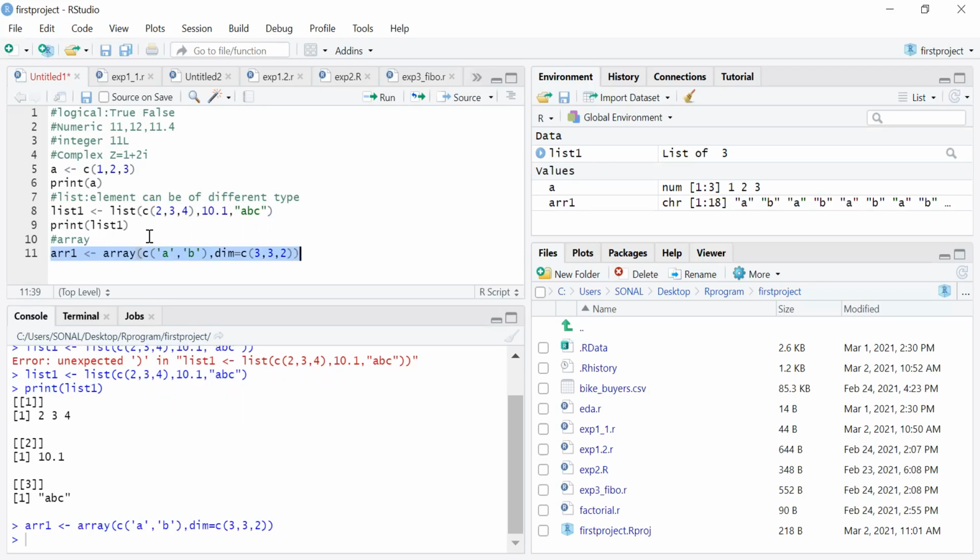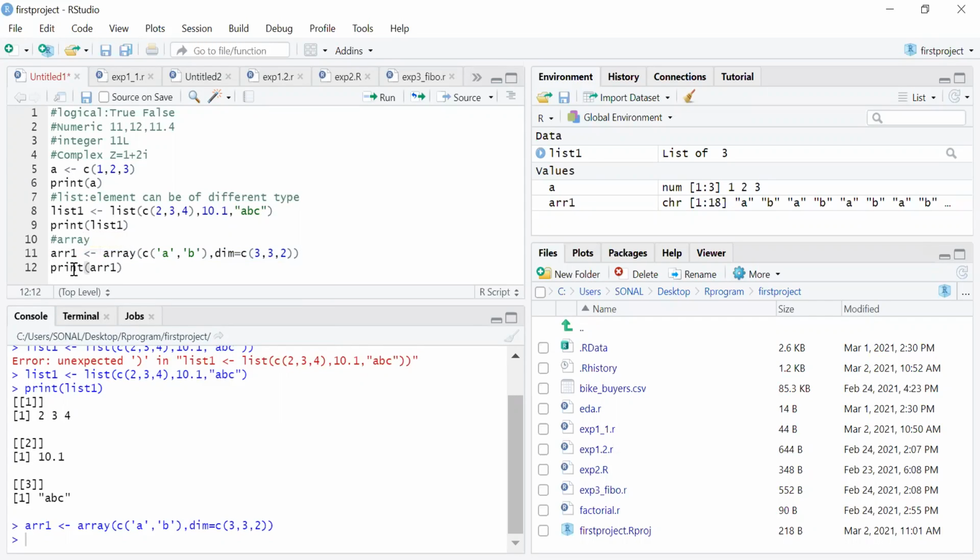Here you can see the array has been created. It has A and B repeated. We have created it as 3 by 3 using that, and it has been repeated twice. Now let's print the array, so it's print arr1.